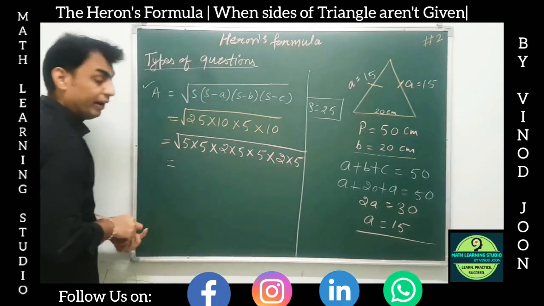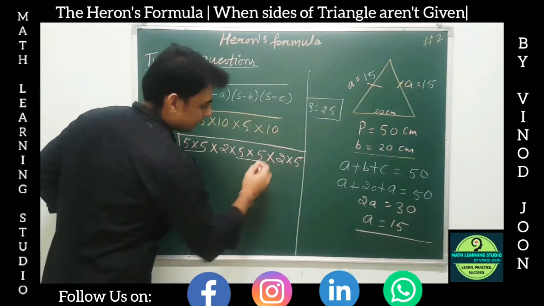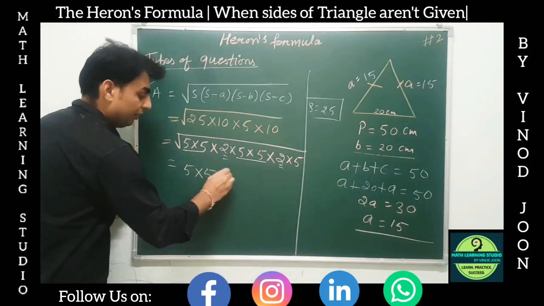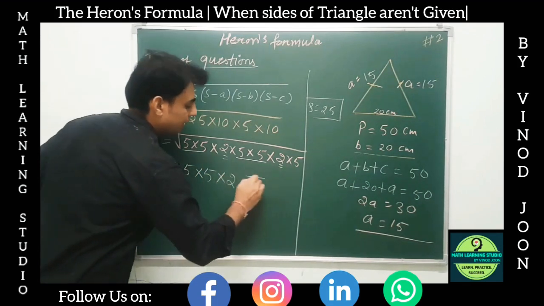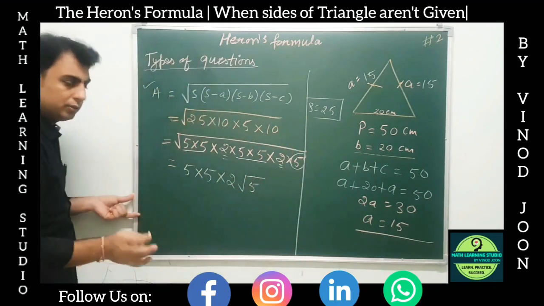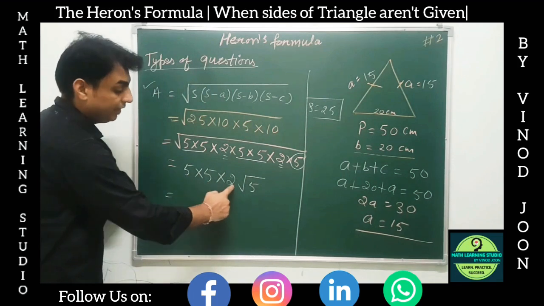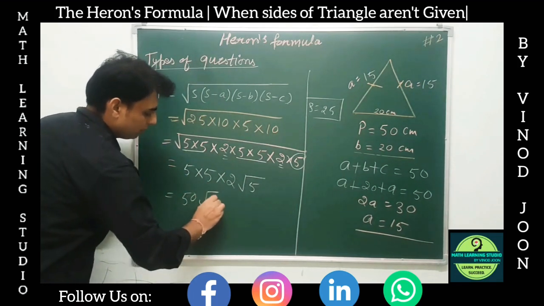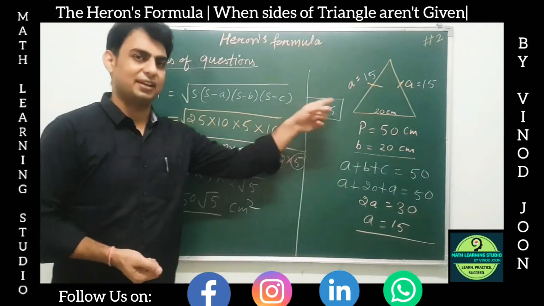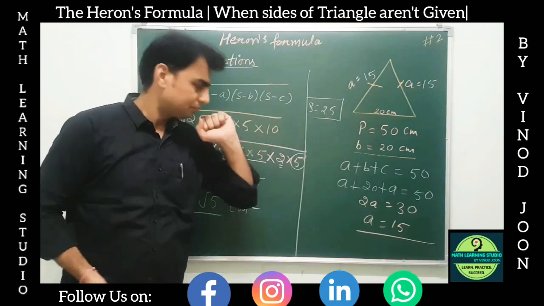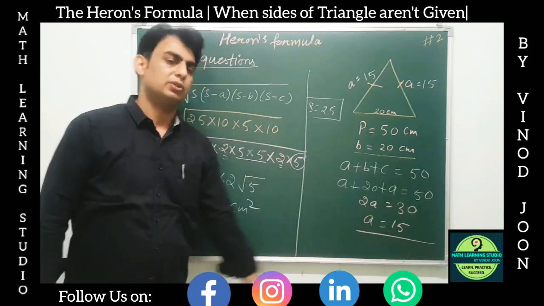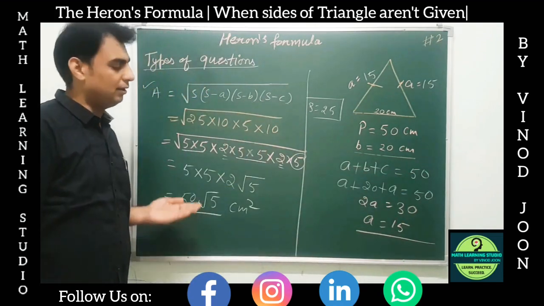Now what? We have to find out the pairs. One pair, second, and this we can see third. So one 5 will come out, one more 5 will come out, one 2 will come out, and under the root what do we have? We have just one 5. So this remains under the root. So 5 into 5, 25 into 2, 50 root 5 centimeter square is the answer, or the area of this triangle. Okay, so in this way we apply the Heron's formula, but हमको तीनों sides चाहिए होती हैं. So we find the sides first, apply the formula, and get the area.